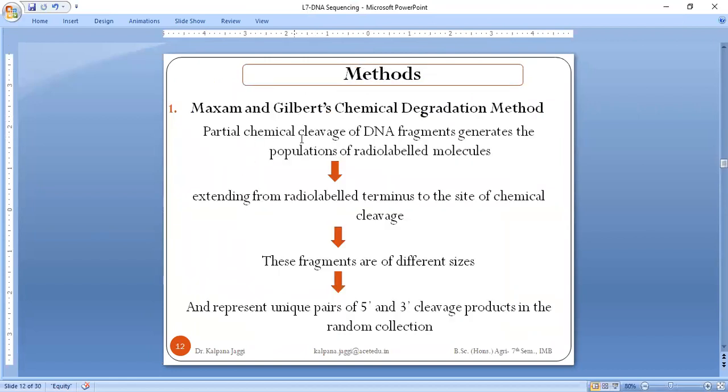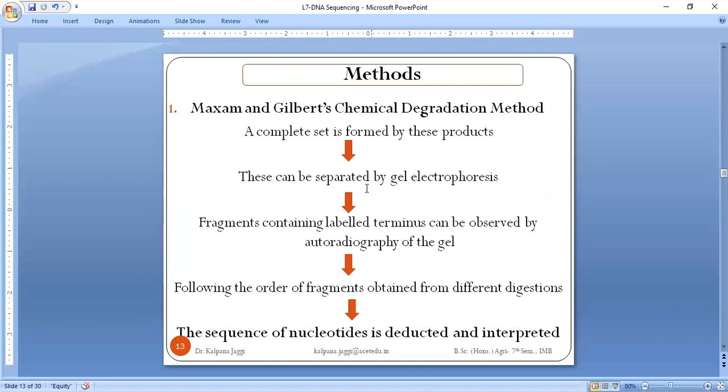Where I said partial chemical digestion, when it is done, it results in the generation of a population of radiolabeled molecules, right? And these fragments are of different sizes. Then they are separated by electrophoresis, and following the order of the fragments, the sequence of nucleotides is detected, and later on it is interpreted. This is the basic process to be followed while one is going for the Maxam and Gilbert